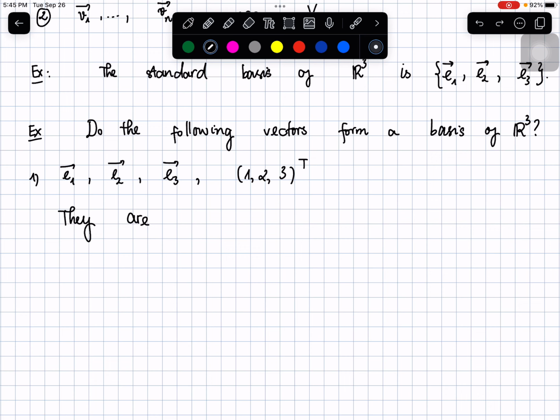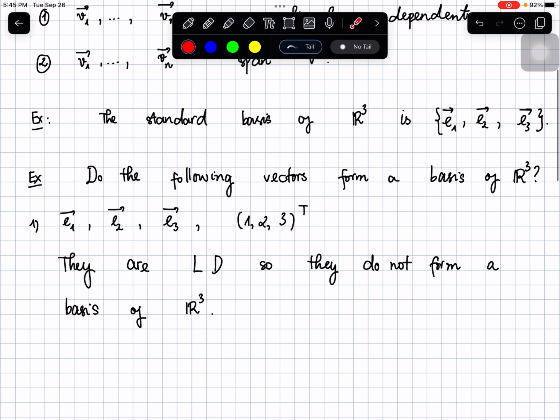They are linearly dependent, so they do not form a basis of R3, right? Because we know that we just need three vectors, in fact, and here we have